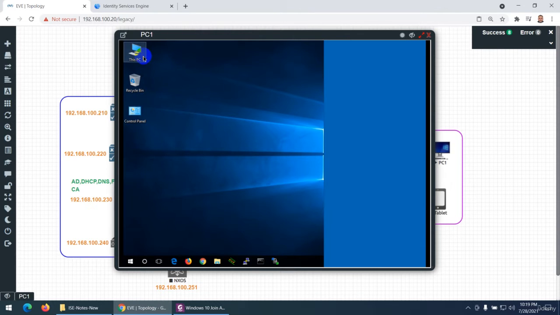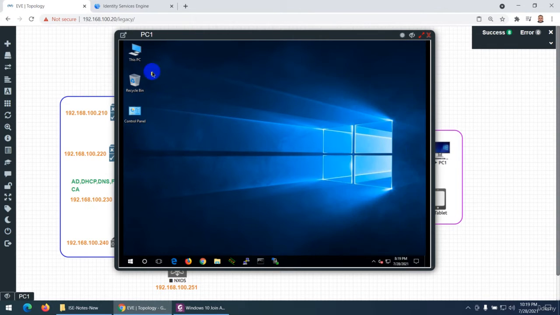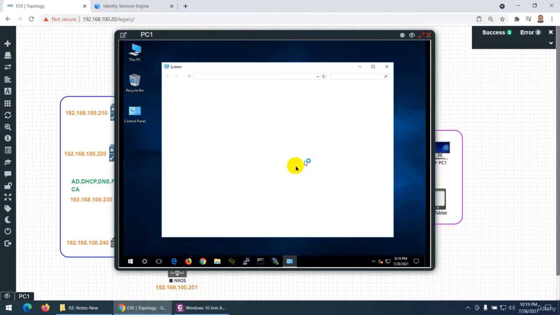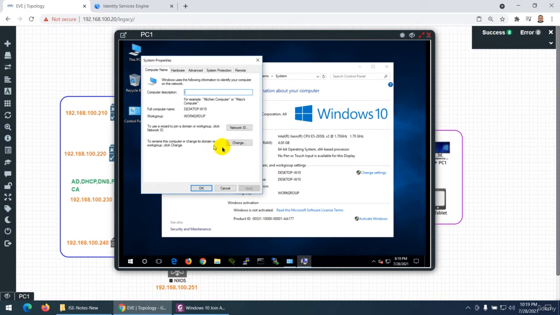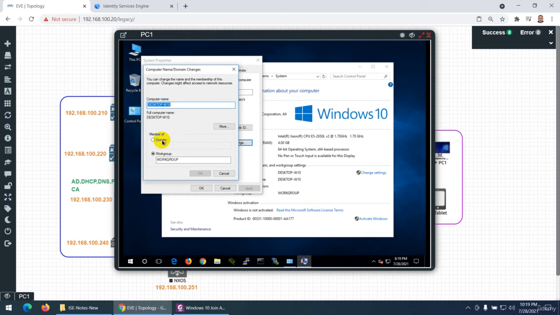Next, you need to click on My Computer. You can get there from many places, but this is one of the easy ones. Right click on My Computer and go to Properties. Next, this is the name of the system, and Change Settings. Click on Change Settings. You know, it's in a workgroup. The full computer name is Desktop Windows 10, and you need to click on Change, and here type the